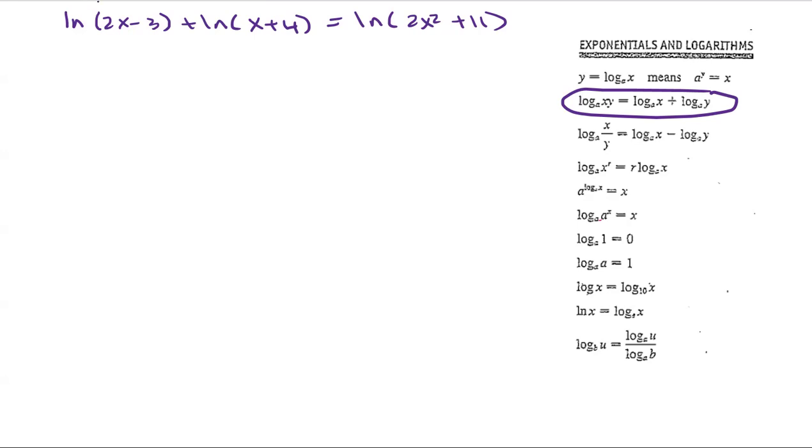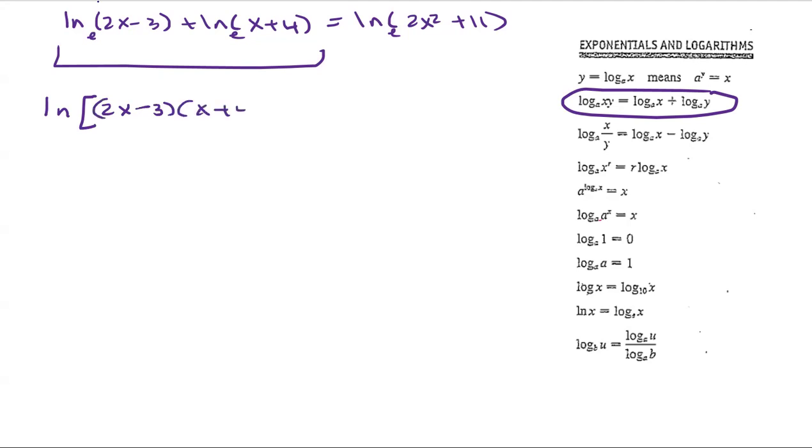In this case, we know these are ln, so that means all the bases here are going to be e, e, e, right? They're all base e, so that means we can do that. So if I look at the left side of this equation and apply this rule, it says if you have two logs, when you add them, you just need to multiply what's in the parentheses. So in this case, I'm going to have ln of 2x minus 3 times x plus 4,